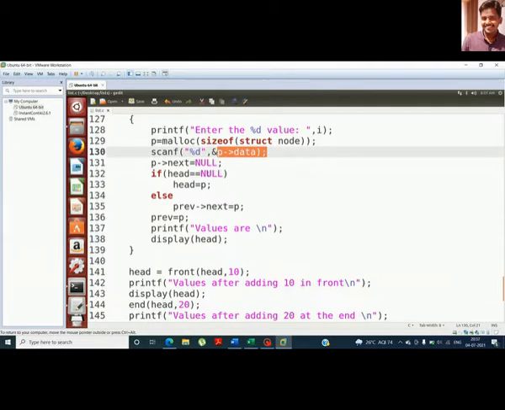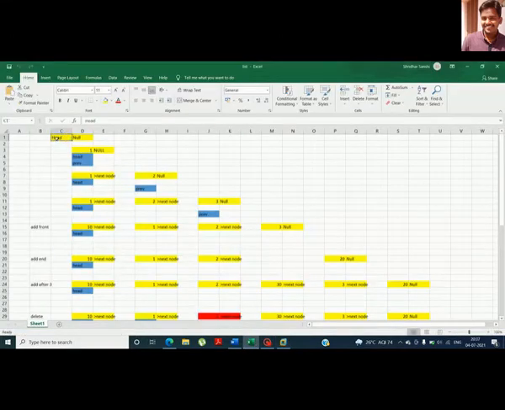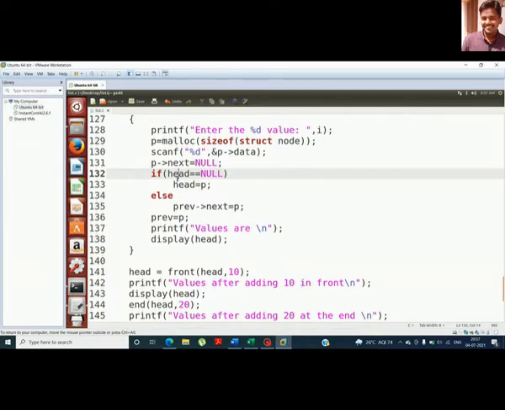I will be using a pointer head, which is always pointing to the first element of the list. You can see here, since this is the first time, when I start the execution, head I have initialized to null. It means that there are no elements in the list. Now I have read one element, so head will always point to that particular element. This is the element I have read, and I need to point head to it.